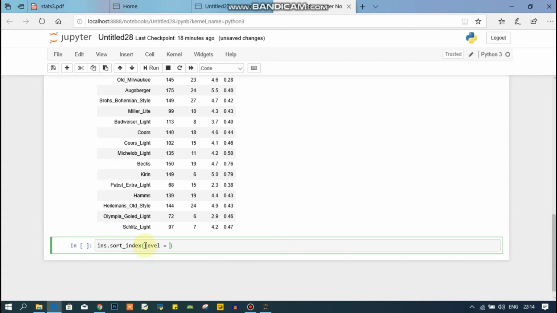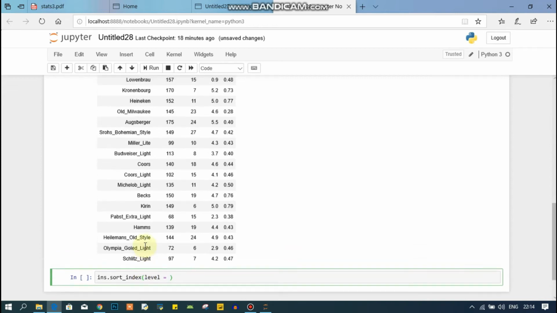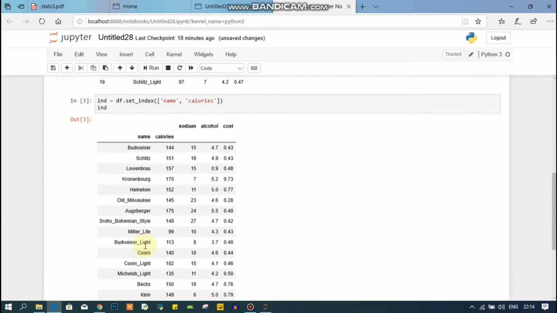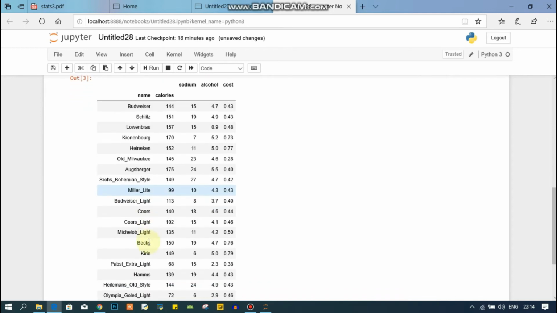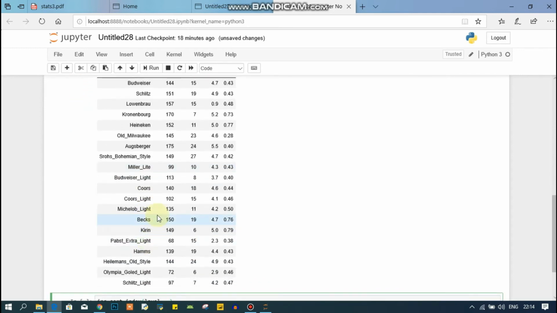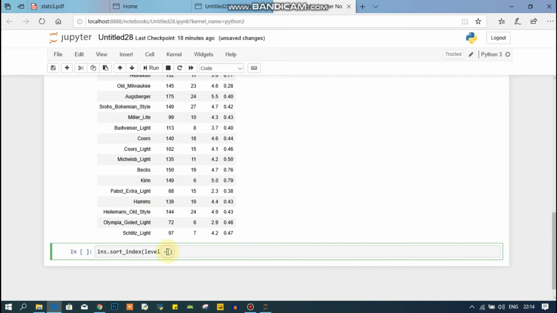I'm going to pass level equal to, and inside the level I'm going to pass the indexes, and my result will be sorted on the basis of that index.